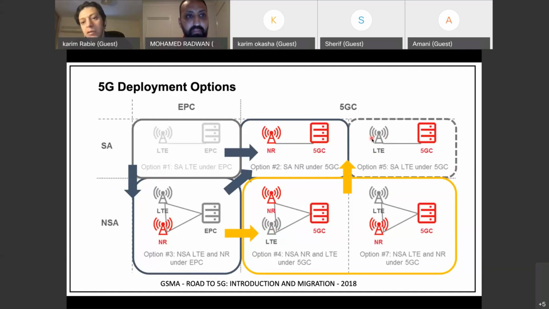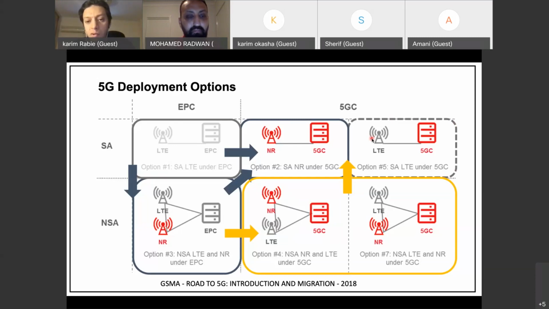So initially it looks, at least for me, a little bit weird, right? When I searched about that, I found that there were some organizations, NGMN in particular. NGMN said, okay, we want to have option 5 because we believe that with the existing radio, if you had the new 5G core with the 5G capability in the core, this may add benefit or positively impact the LTE service. But from the 3GPP side, I didn't see much focus on option 5.